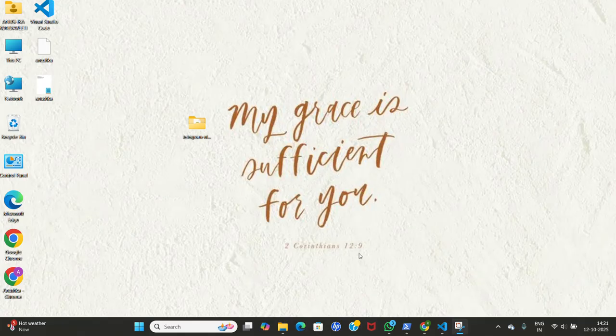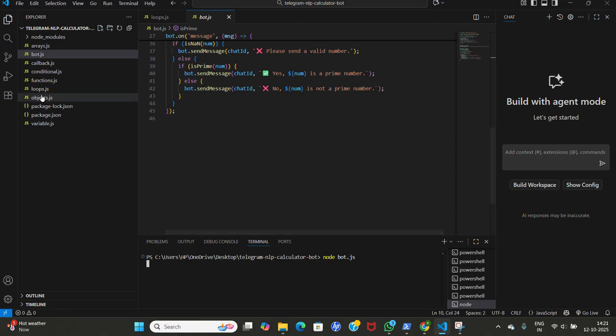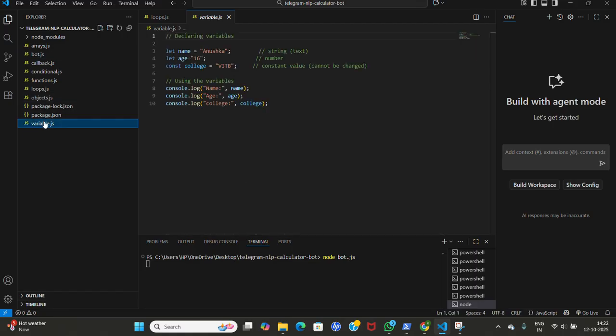Now we are going to discuss JavaScript variables. Variables are containers used to store data values. JavaScript provides three ways to declare variables: var, let, and const. Here is the basic program